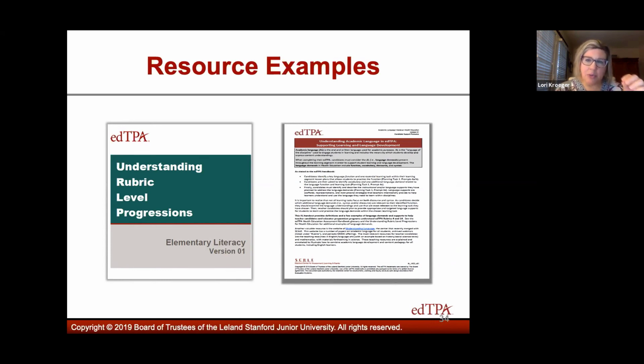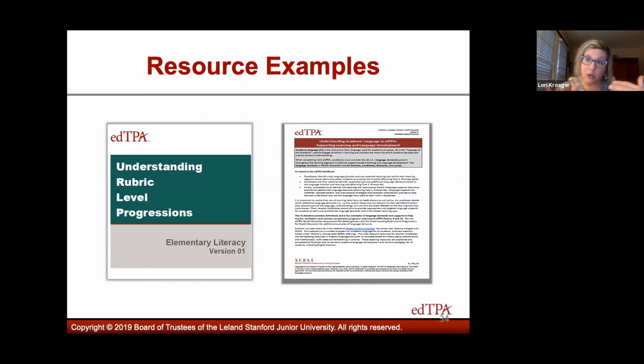The Understanding Rubric Level Progressions, we call these the URLP for short. These are, very honestly, my favorite resource. The URLPs break down the scoring even further than the rubrics do.